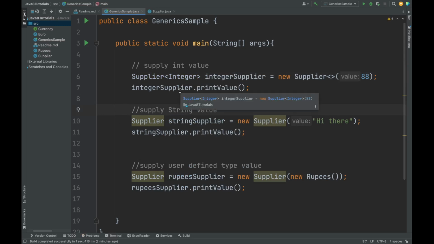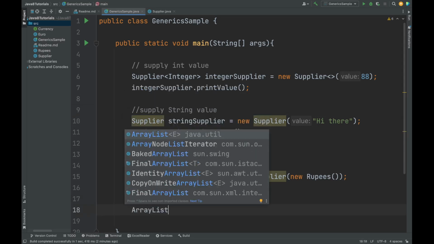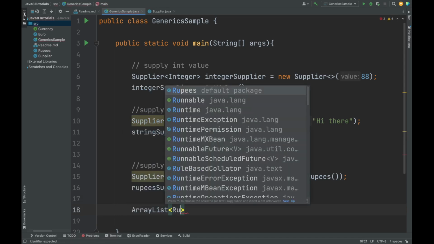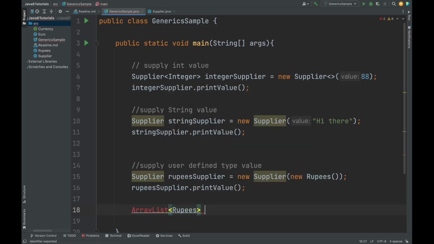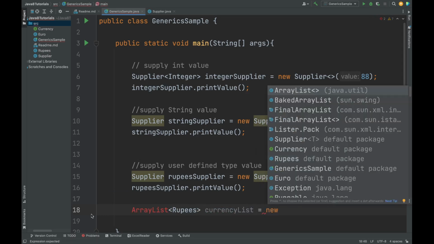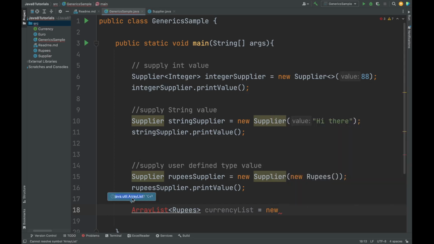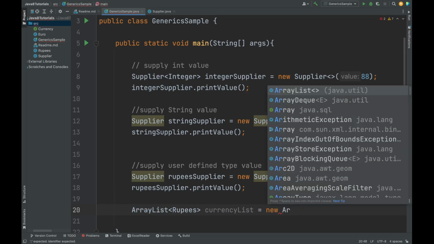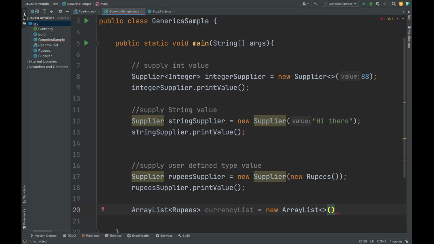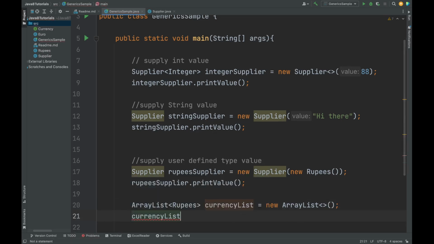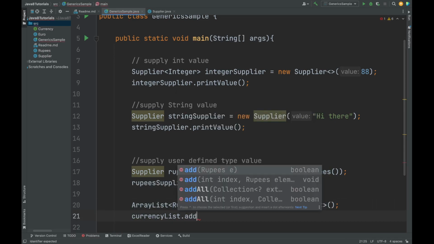Okay, now if you know our collection in Java, it is a good example of generics. It is already using it, right? So let's see one example with the ArrayList, how generics will work now with the ArrayList object. So I have an ArrayList and I have given here the type Rupees, and I will call it my currencyList. Then I will say new ArrayList, I will import this one, and within this currencyList, as I mentioned here as Rupees, right? So I can add new Rupees,